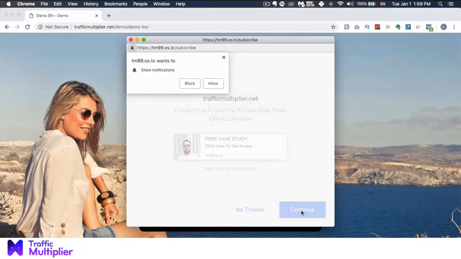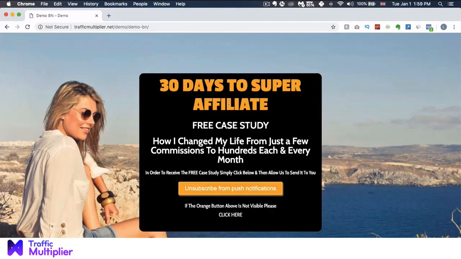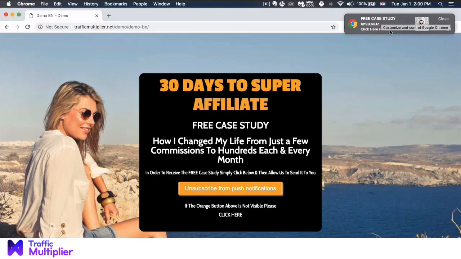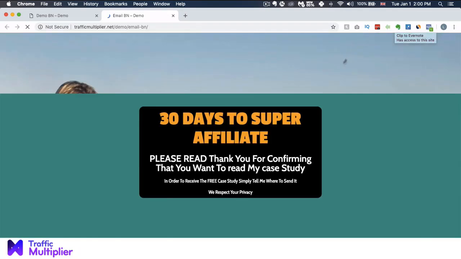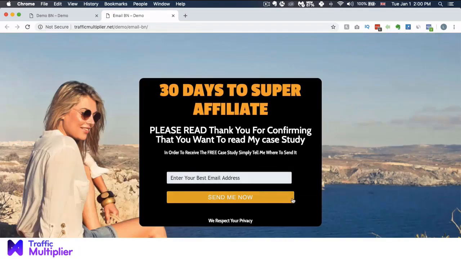So we're going to click on that now. We're going to click allow. Okay, and what you see here on the top right hand side is the notification that's come up saying free case study, and essentially it just says here, click here for access. So we're going to click on that, and that is going to direct us directly to the email capture page,